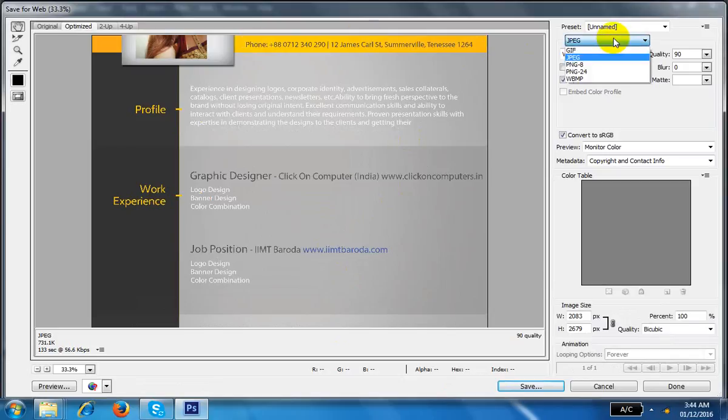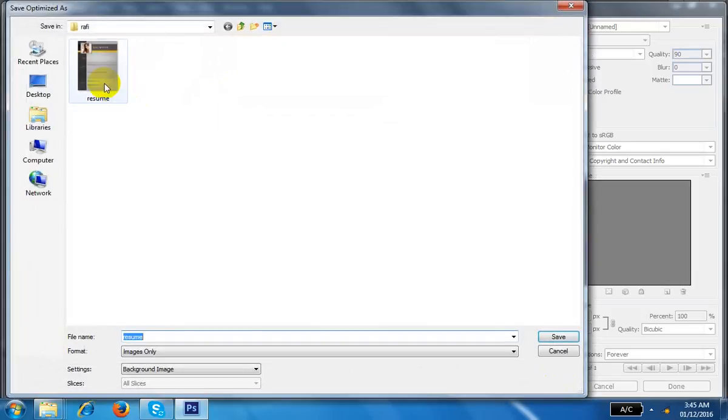So this is especially for the web. Anything you want to upload on Facebook, WhatsApp, your resume, the internet, Google, Control Alt Shift S is best. Understand, everybody? It will save your quality file and make your file good. And this is the JPG file. This is the save, and this is the resume one.